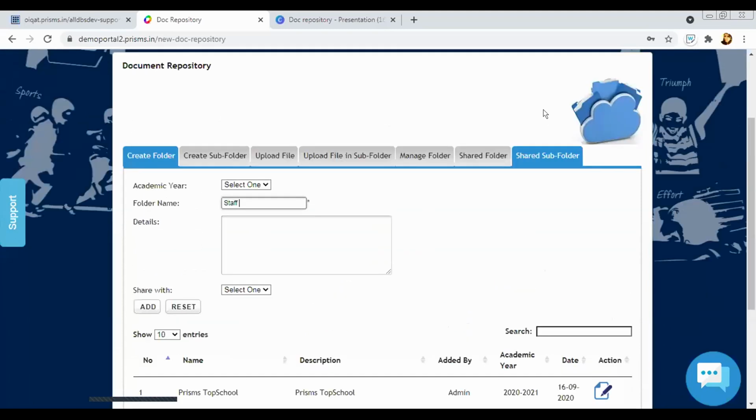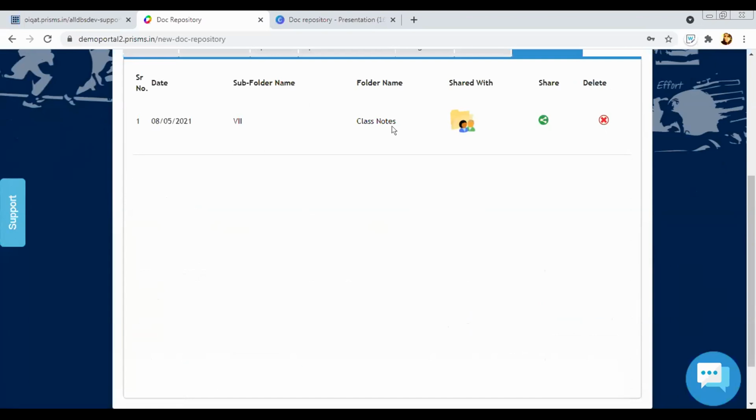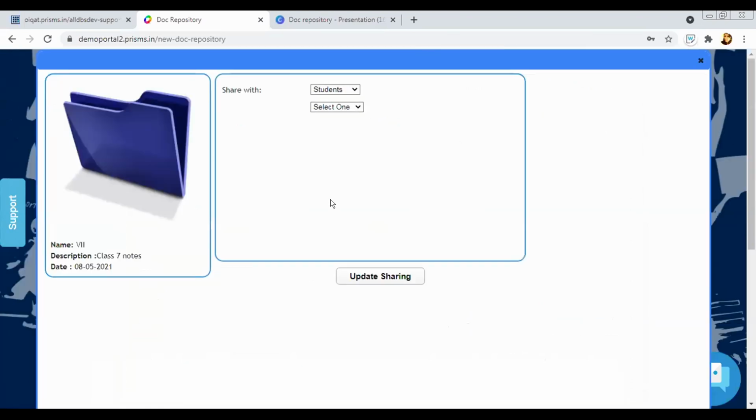I'm just trying to see why it's already shared with